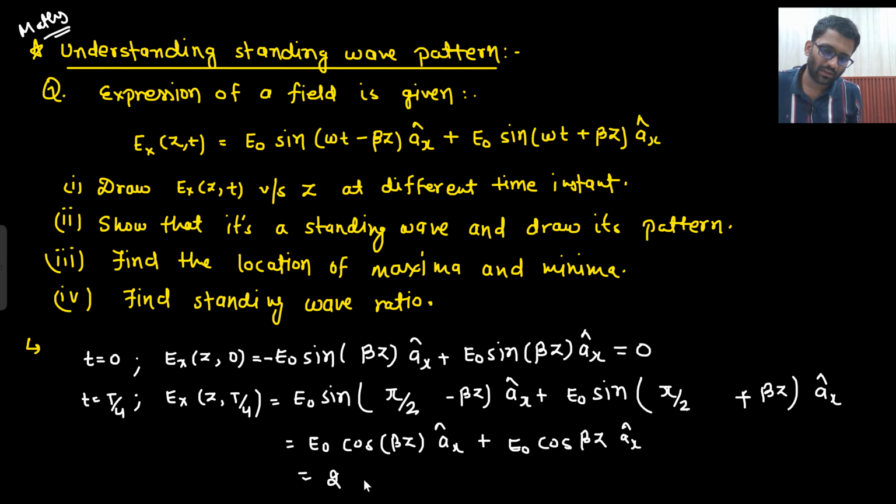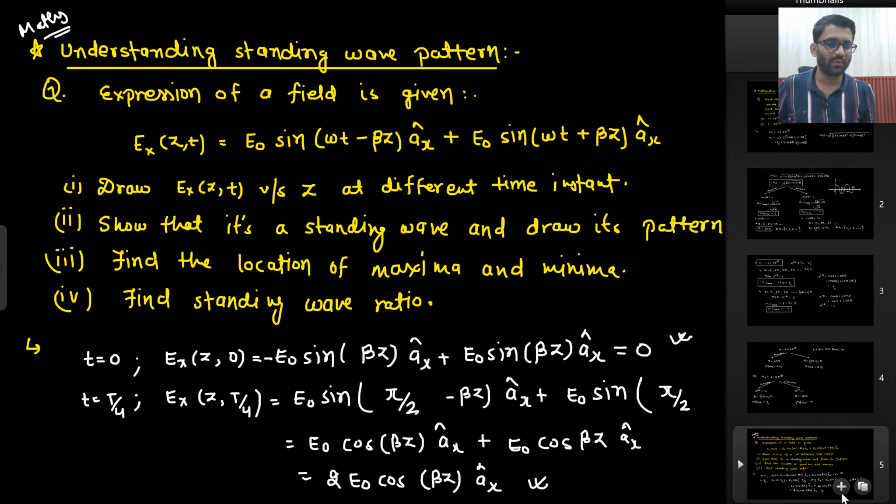So what you are getting? 2 E naught cos beta z ax cap. That means if you click the picture at t by 4, this is the expression you will be seeing. If you click the picture at t equals to 0, this is the expression you will see. Similarly, I need to see more expressions. So now at t equals to t by 2,